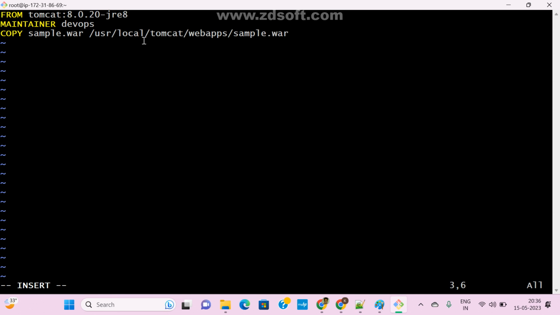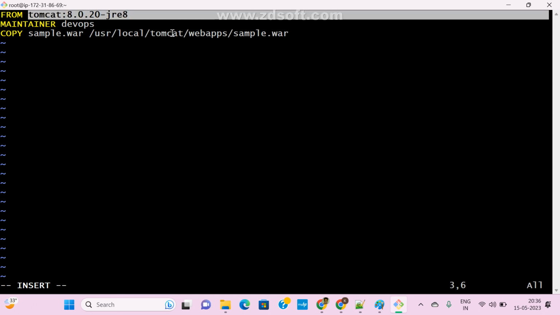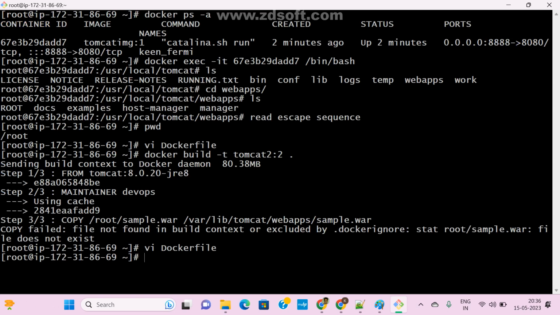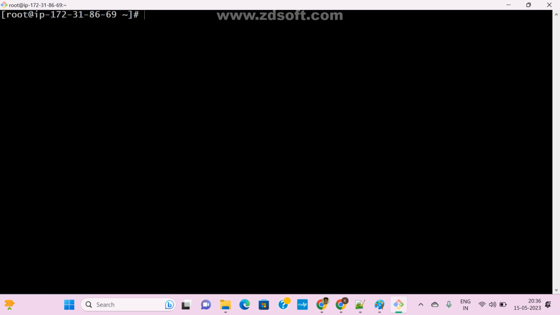Okay. So actually, this image local path is /usr/local/tomcat. Jenkins is a different path. This is the tomcat image, right? This is the tomcat image container path. Now escape. Now it will work. Colon x. Okay, so now come to here.